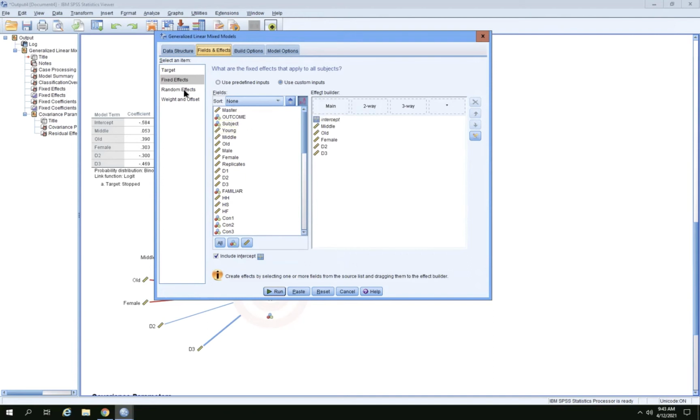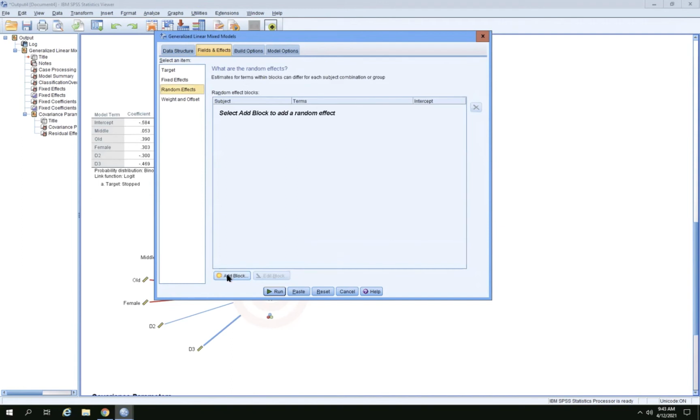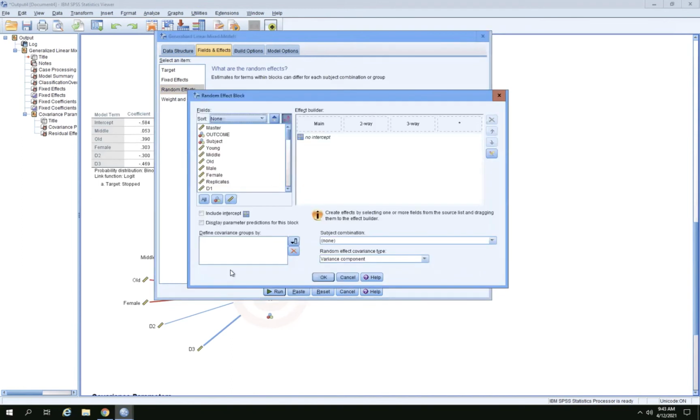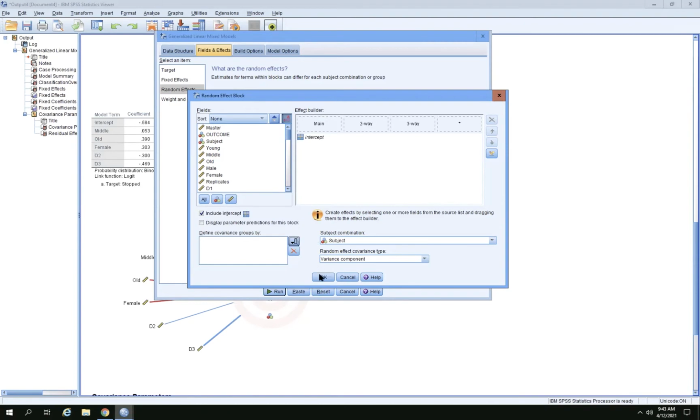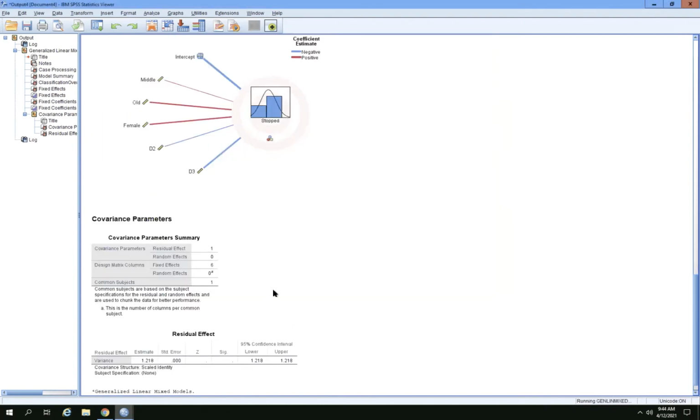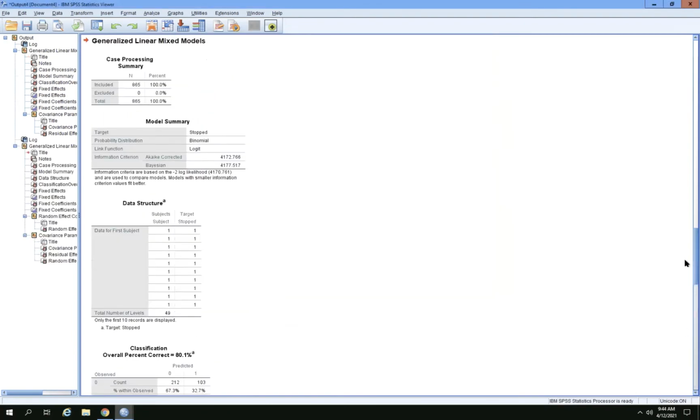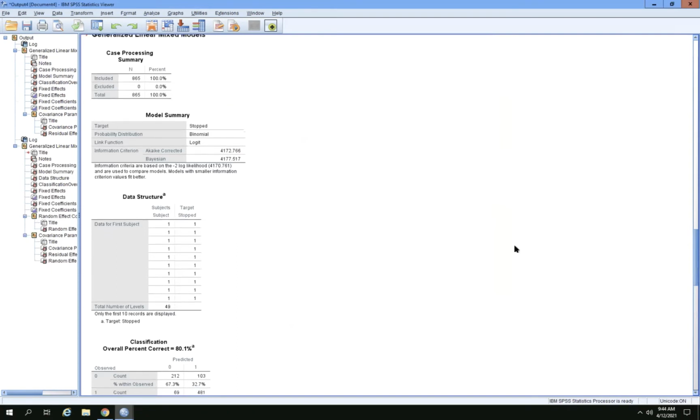So what I'm going to do, I'm going to go under random effects. I'm going to add a block, and that basically means we're going to add a constant term here. So I'm going to define the subjects based on that subject variable, okay? And then I'm also going to include an intercept term here, all right? And I am going to structure this. I'm going to hit OK, hit run, and then we'll see, compared to the normal output that was just observed,